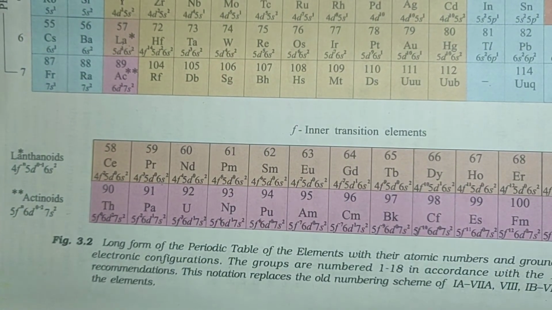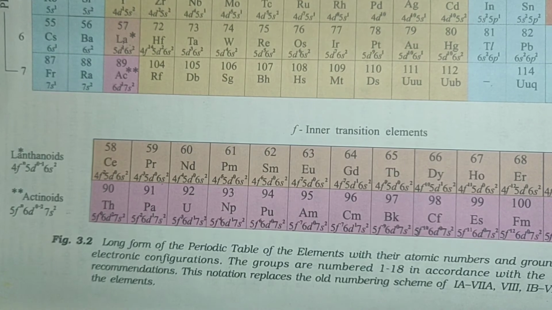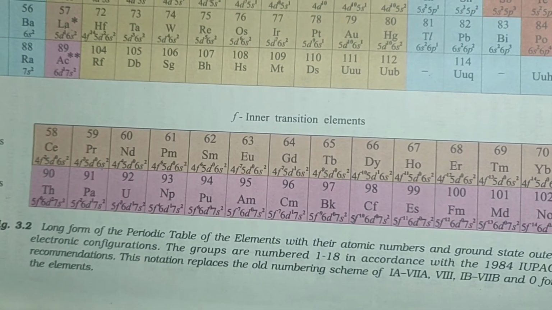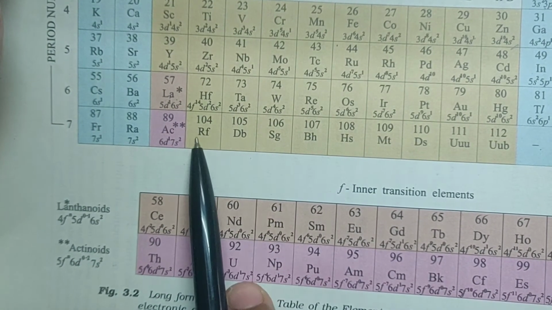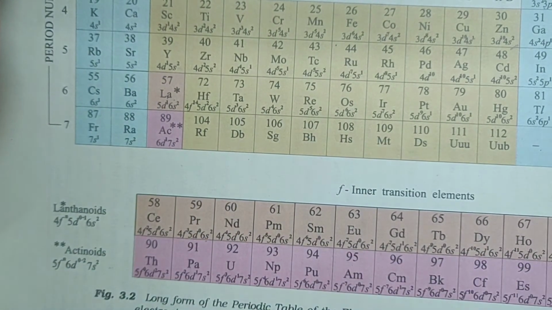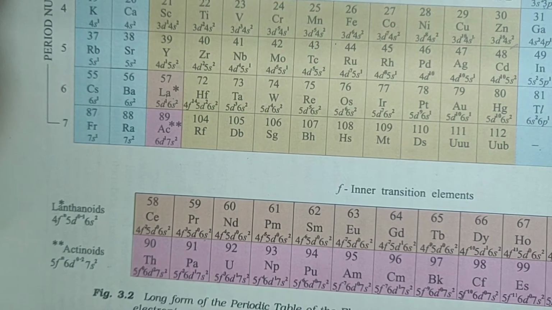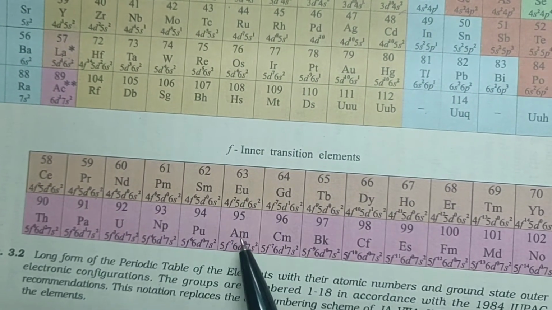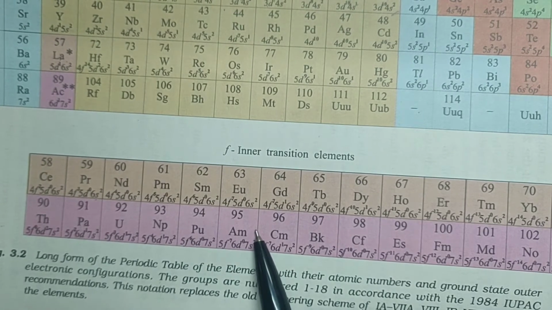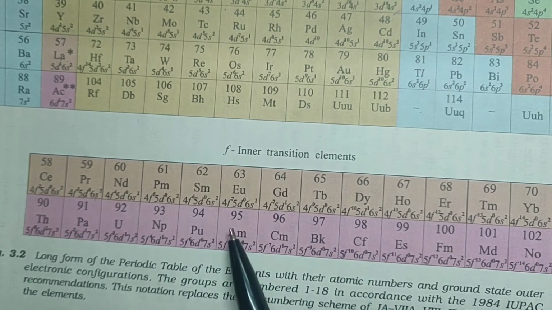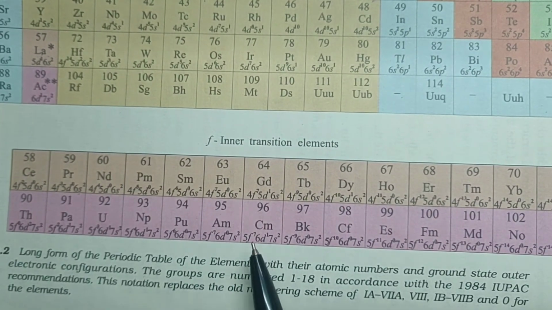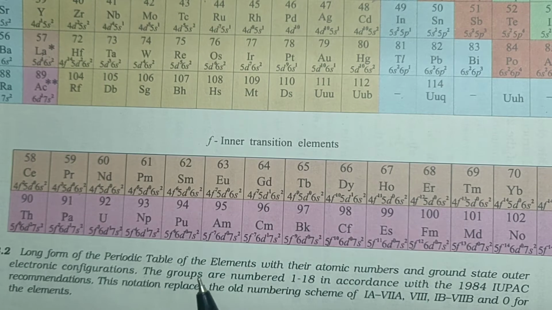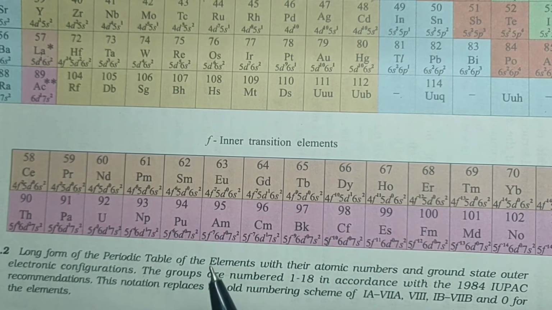So these are a set of 14 elements. These are placed separately in the periodic table. Otherwise, if you place it here, then these two periods will become extensively long. Okay, so it will not give you a concise appearance, and moreover, the properties of these F block elements are different. That is why they have been placed separately, and they are also not in abundance. They are found very less in quantity, and many of them are also synthetically made. They are not naturally available, right?